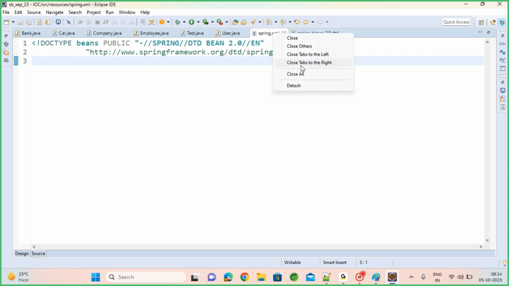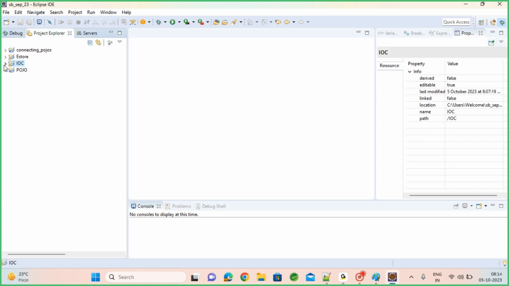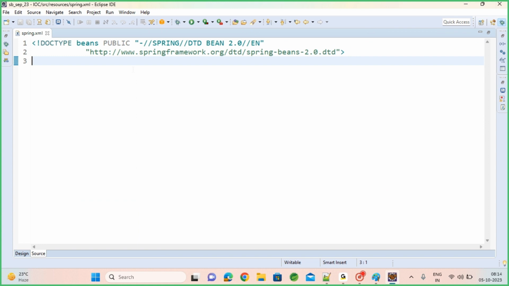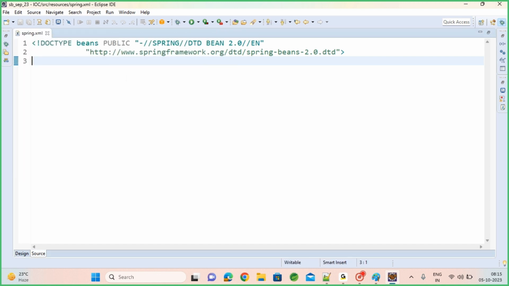Basically, XML will have limited tags, right? You can't put each and every tag. If you put that, nobody will understand your file. So the limited tags which we have here in this file, those tags only you can use. So what tags can I use here? You have given multiple POJO classes: bank, car, company, employee, test, user. So for all your classes,